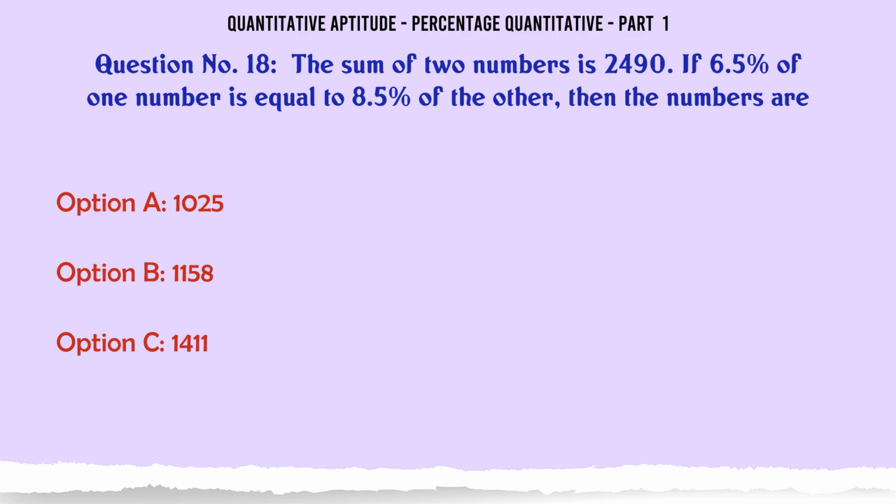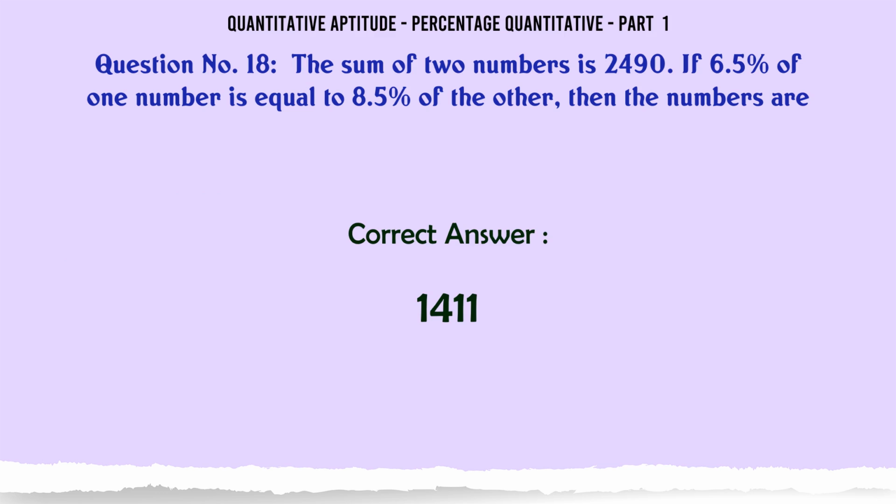The sum of two numbers is 2,490. If 6.5% of one number is equal to 8.5% of the other, then the numbers are A 1,025, B 1,158, C 1,411, D 1,735. The correct answer is